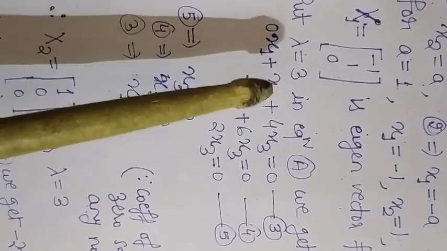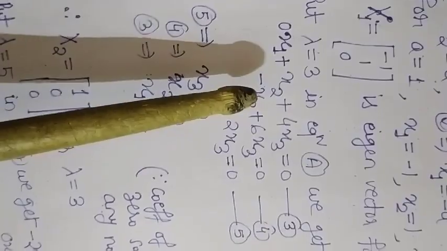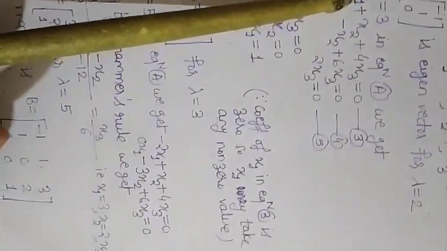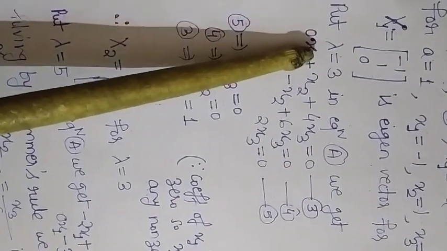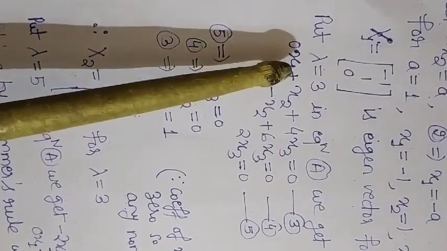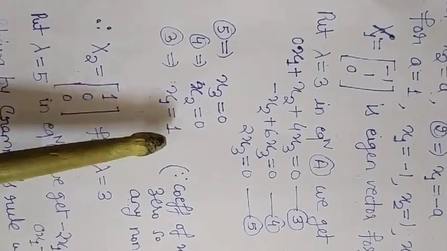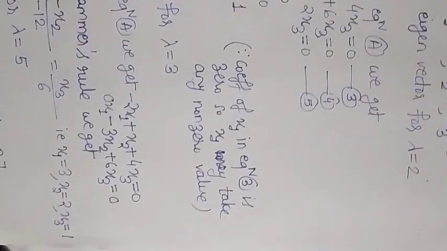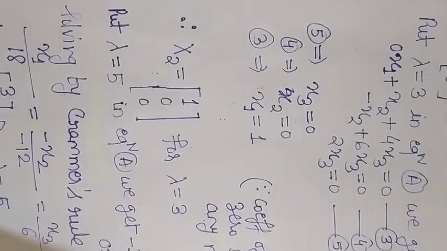Now as we know, an eigenvector cannot be a zero vector, it should be a non-zero vector. So there is no possibility of taking x1 as 0. Again, the coefficient of x1 is 0, so x1 could be anything. So let us take x1 as a non-zero value, say 1. You can take any non-zero value; here I am taking x1 as 1. Therefore the eigenvector is (1, 0, 0) for lambda equal to 3.